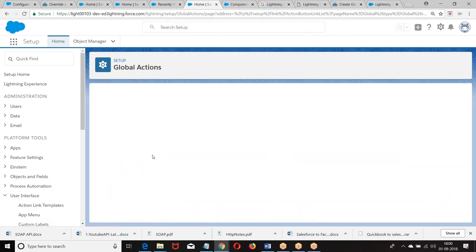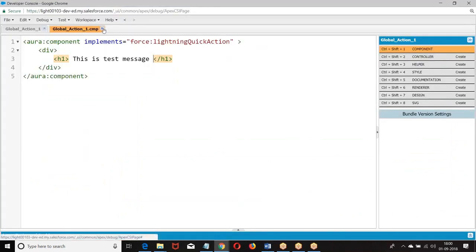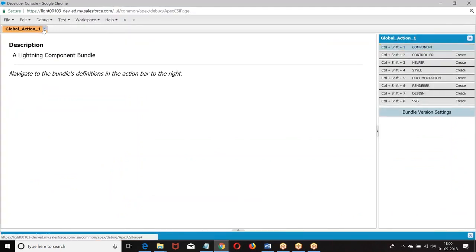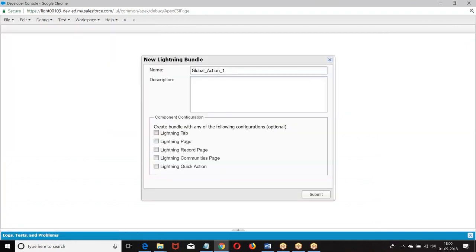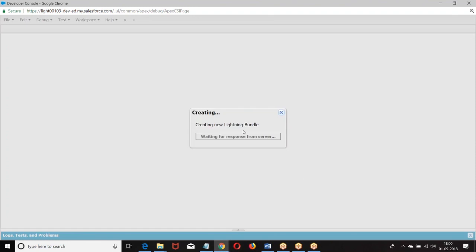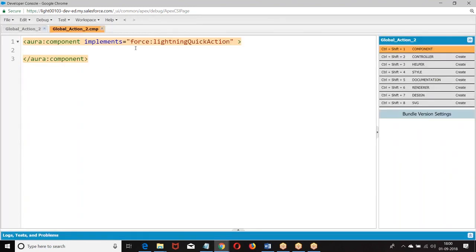Now let me create a new action. If you want to create a new action, what is the primary thing that we require? We require a component. How do you create a component? Lightning component. Lightning quick action. If you enable this, you get implements force:lightningQuickAction. Now I'm giving here